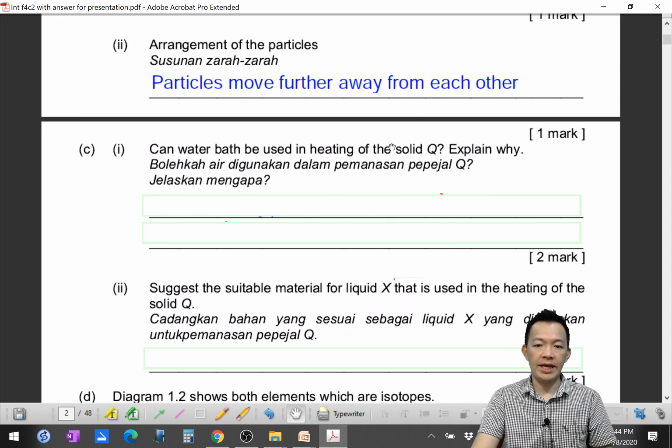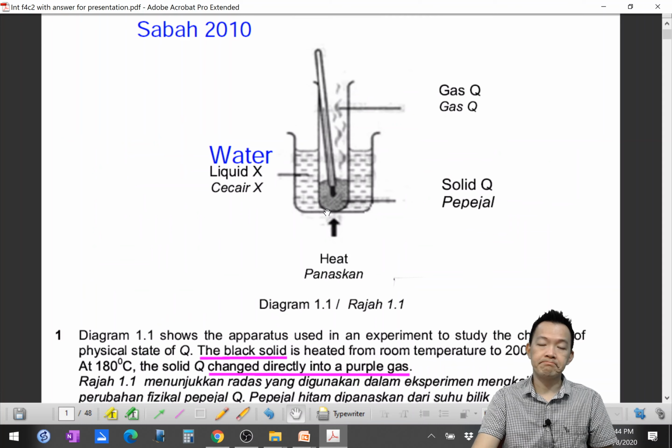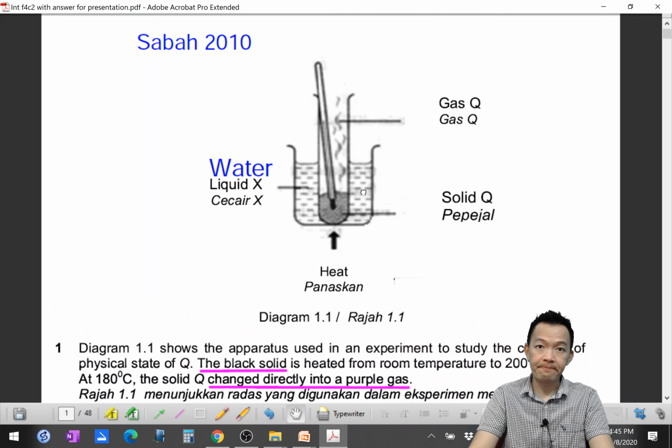OK, from here 就有人出事了。Number one, 你的信心不够。So can a water bath be used in the heating of the solid Q and explain why? You write first, 你先写，要不然没有意思。And why? 为什么呢？Most of the students in the classroom, 就在课室, today is online. I know, I understand. But in the classroom, if I go check one by one, most of the students will write the answer no, not suitable. And why? And they keep quiet. 他就停在那边了，他不敢讲话了。